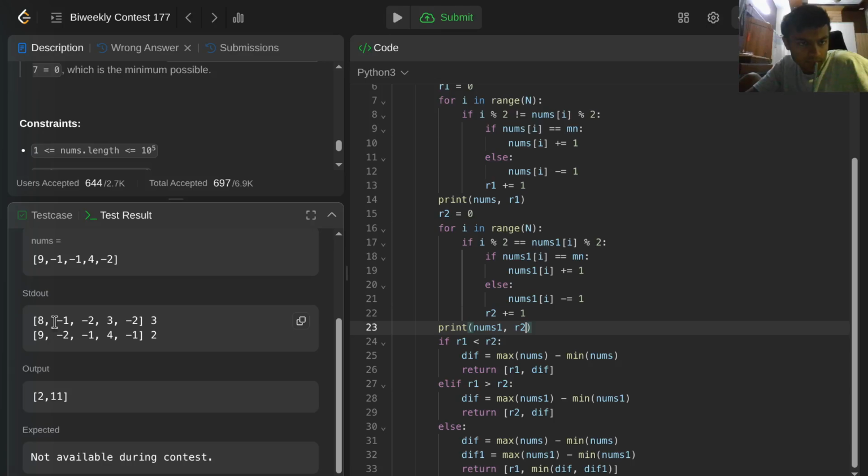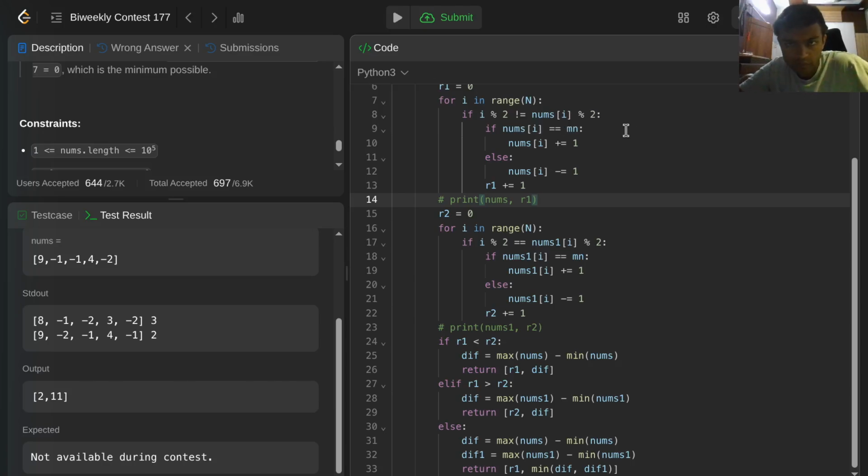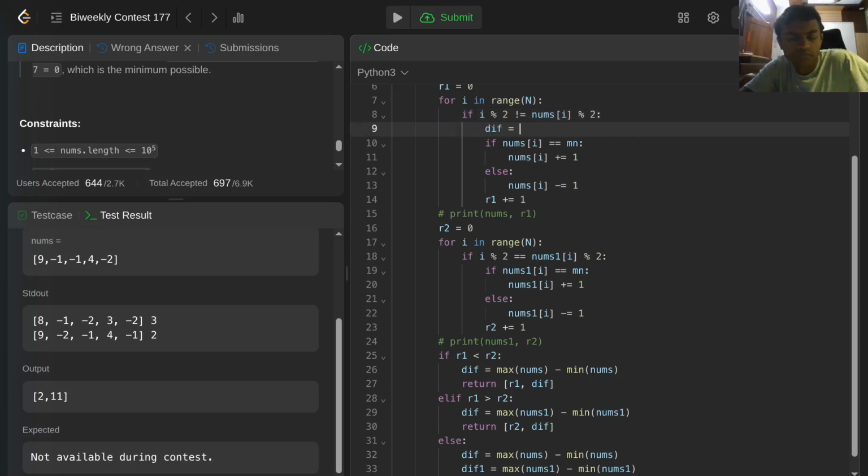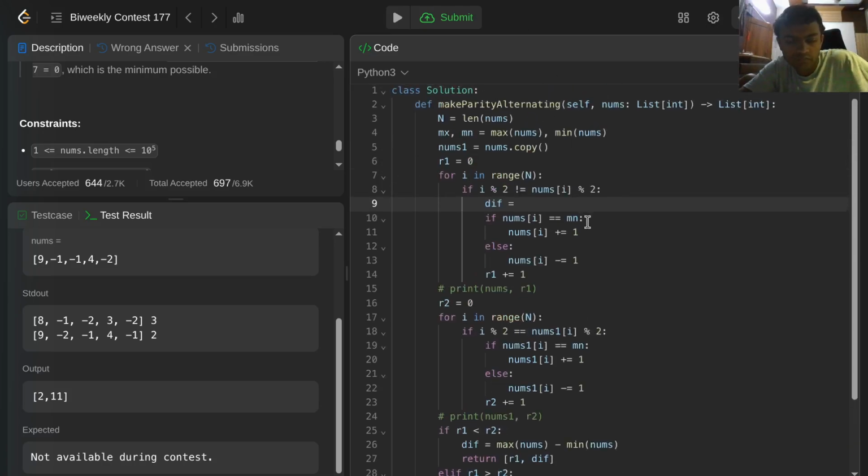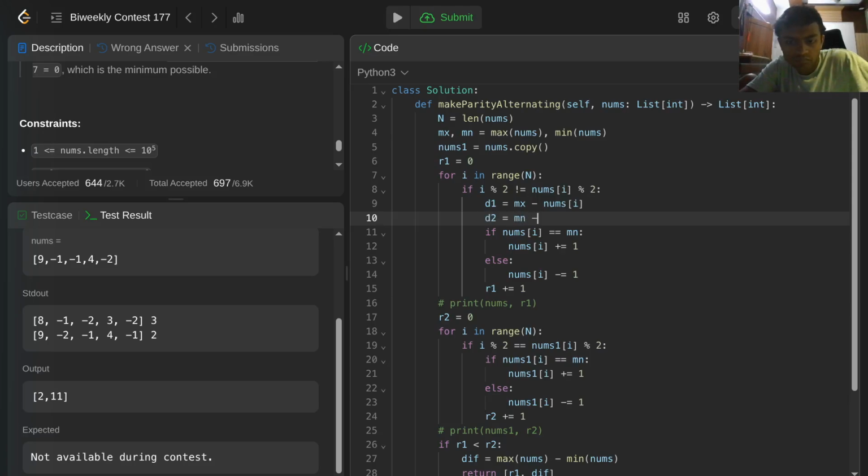Nine. If it's equal, okay, wait. If D1 greater than D2,